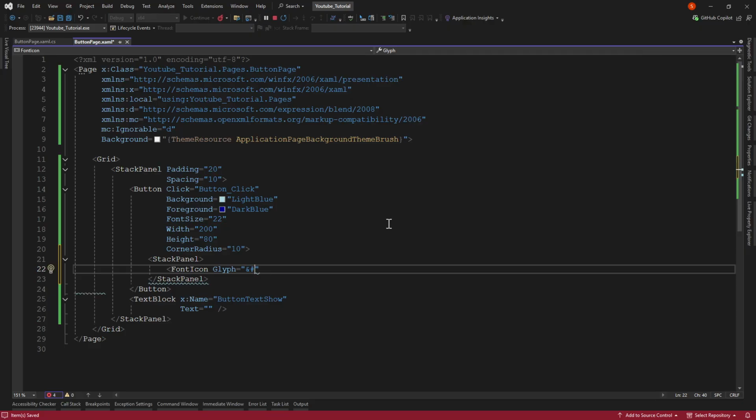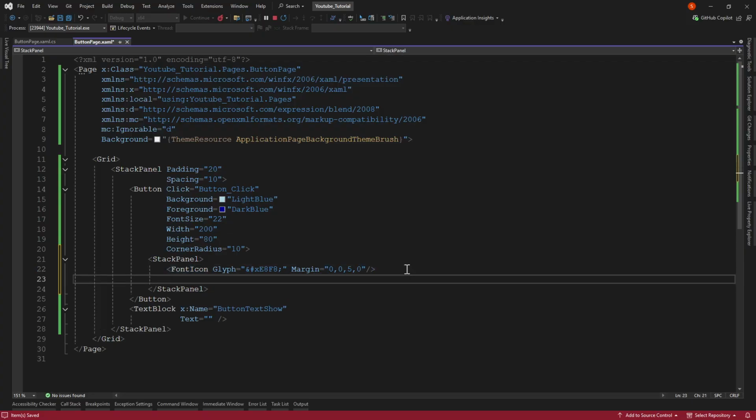There are more. Oh, something wrong. No, sorry. Oh, semicolon. Margin 0, 0, 5 and 0. And now this is the icon, and